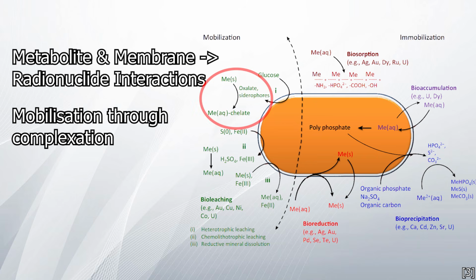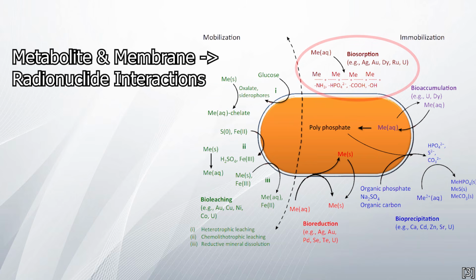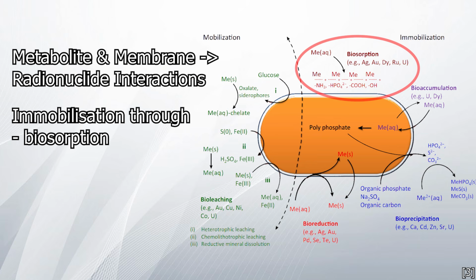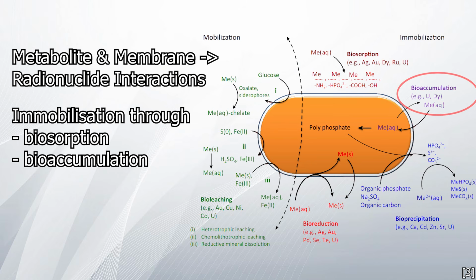We want these microorganisms to immobilize these radionuclides so that they do not spread any further than they already have. They can adsorb the radionuclides on the surface of the cell through functional groups such as amine, hydrogen phosphate, carboxylic acid, or hydroxide groups. This is called biosorption. Or they can also absorb these elements. This is called bioaccumulation. Other metabolites such as sulfides, phosphates, and or carbonates can form poorly water-soluble compounds with external